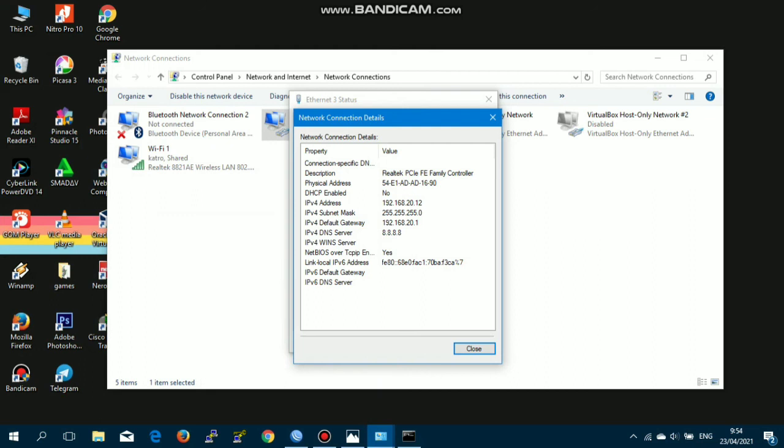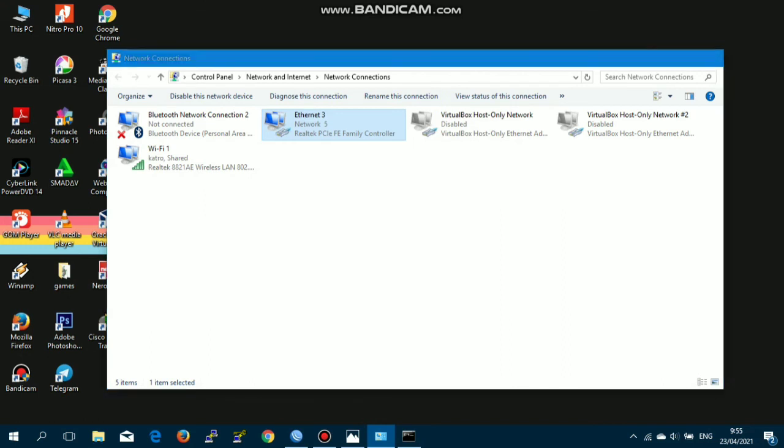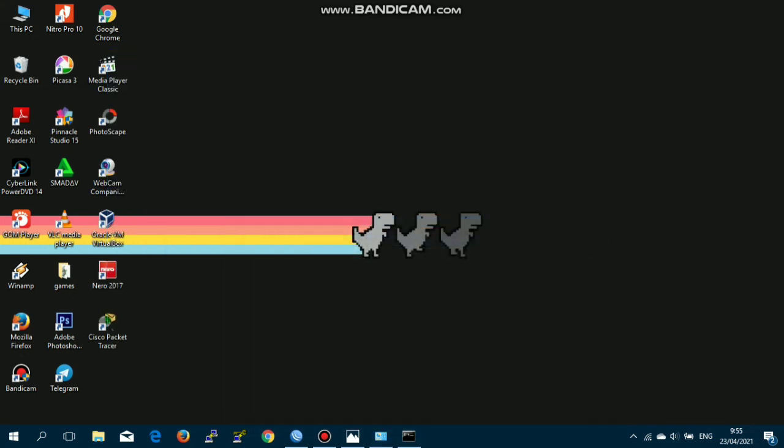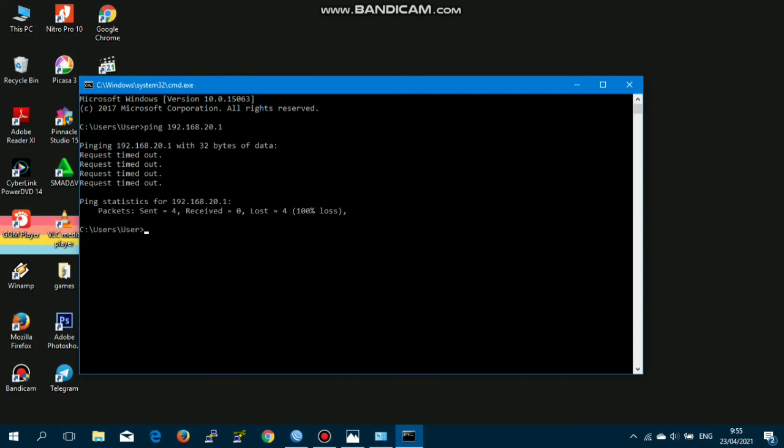And you can see that the IP address has changed as we configured. Then do the test by pinging the IP address of the router. Open CMD, then type the command ping 192.168.20.1. You can see here that the client is no longer connected to the router.